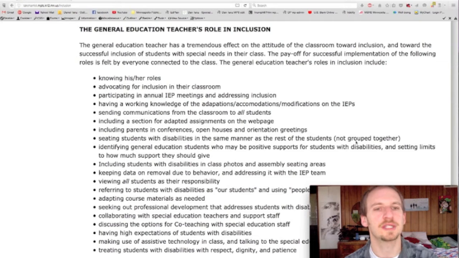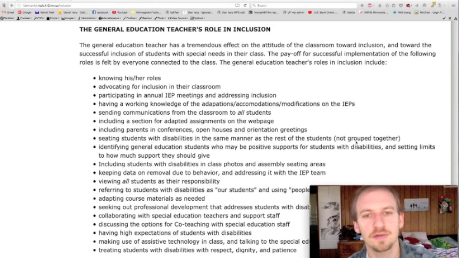Your role is to participate in annual IEP meetings as well, and address inclusion. There needs to be a general ed teacher at every IEP meeting, and there should be. That makes it an inclusive experience. At least it supports inclusion. If there's somebody who can speak to what's going on in the curriculum, what's going on in the teams and team meetings, there needs to be that line of communication that's open, and somebody needs to be an expert on it, and that's your job if you're the general education teacher.